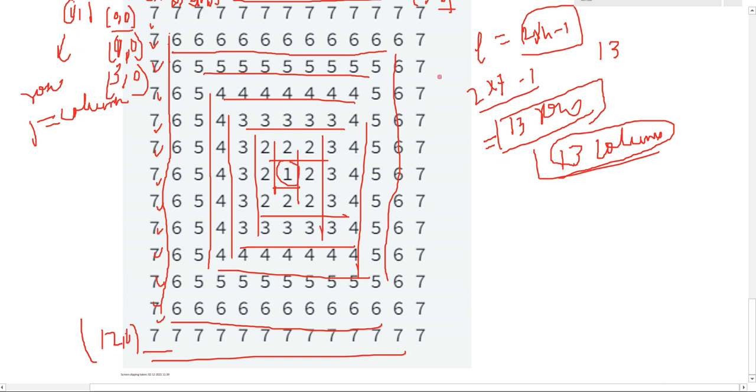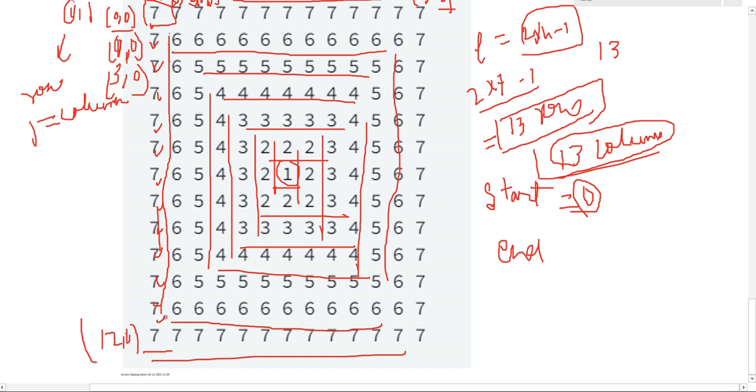So what is happening here? Suppose we initialize start equal to 0. We are taking one variable, that is start equal to 0. Understood? Suppose this is 7. Now just look at the value 7. So for 7, at first start equal to 0. Up to where will it go at the column side?